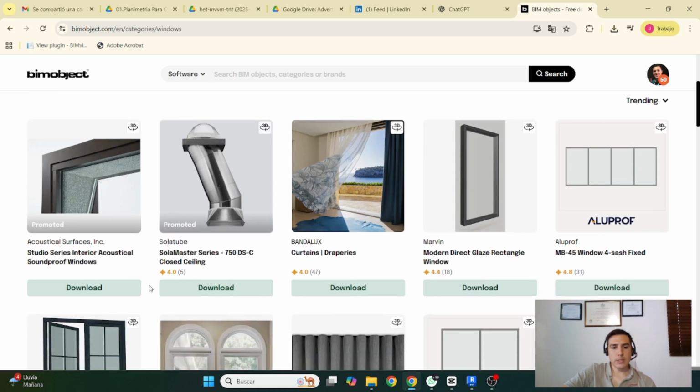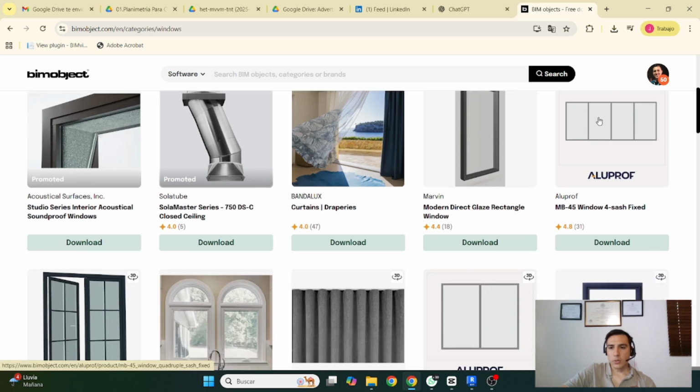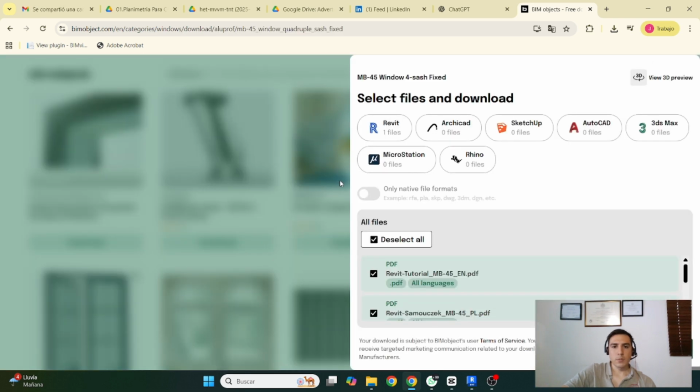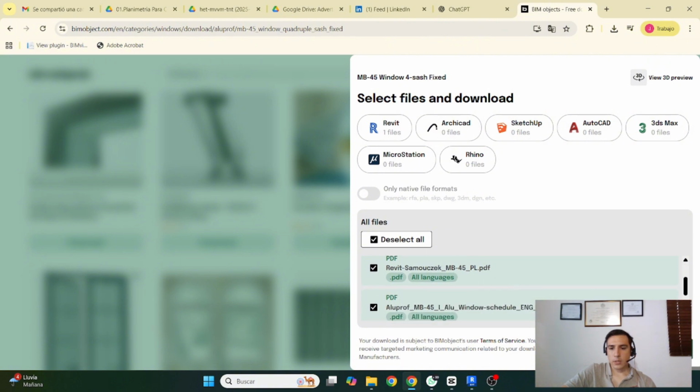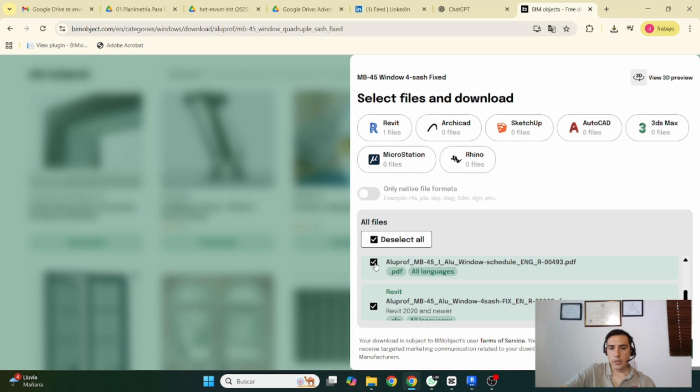Here you will see real brands of real elements that have created their own 3D families, so you can use them in your projects. And as I see one family that I like, I hit download, and I see here all the different formats that are created. I deselect all of them, and the key is to select just the RFA, which is Revit family format, and